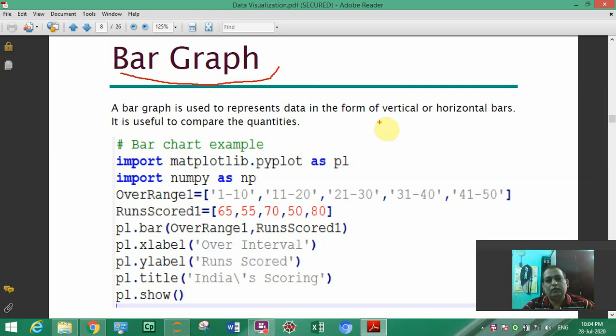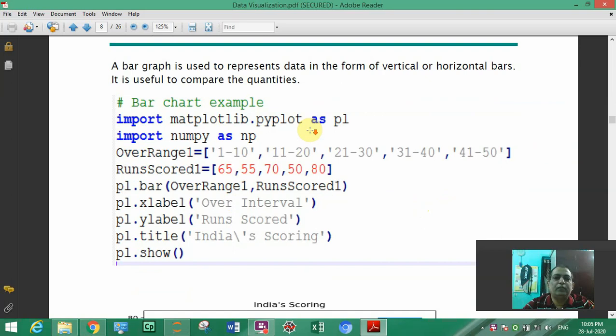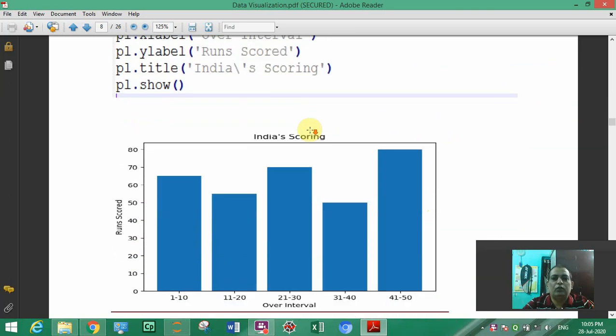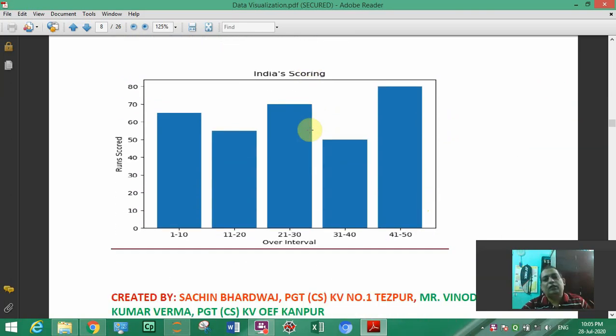It is an old thing only that you have seen at many places. You all might have seen in a cricket game when scores are shown to viewers on TV. At that time they represent overs and runs in the form of different bars, and we are very much familiar with this graph.